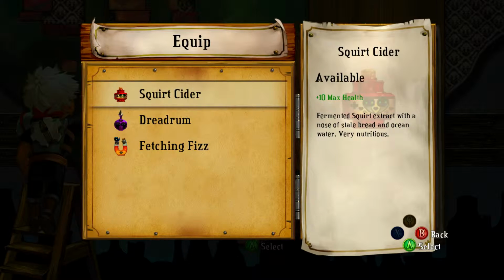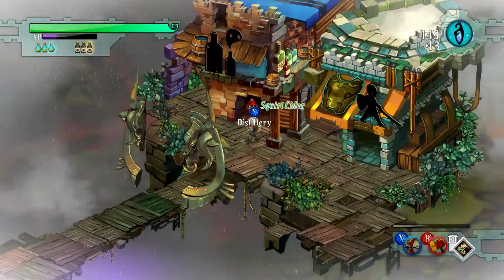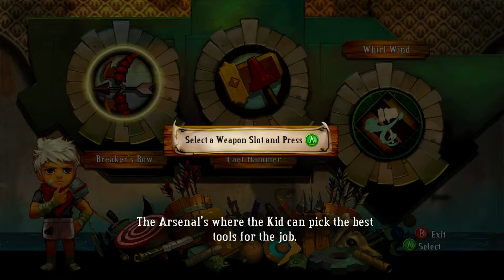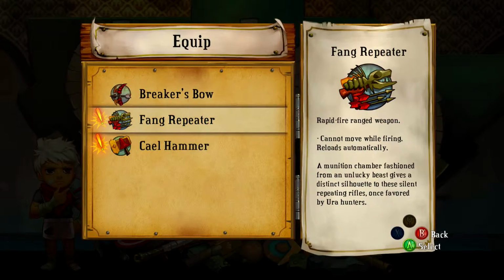Because of how bad I am, I think I'll do squirt cider for now. Because I need that kind of thing. And then we have an arsenal, where the kid can pick the best tools for the job. I just love the art for this game more than anything else, but